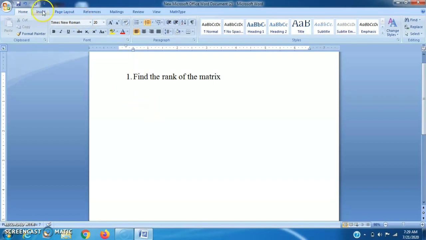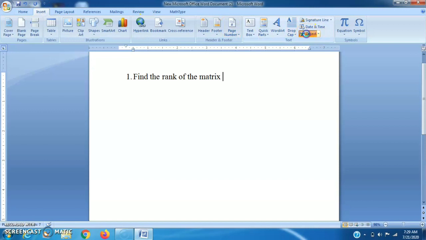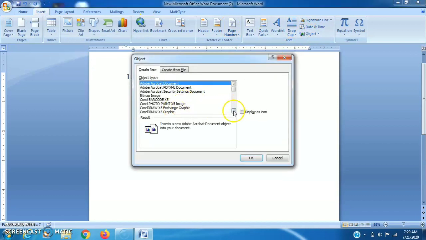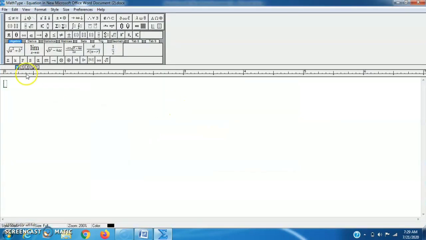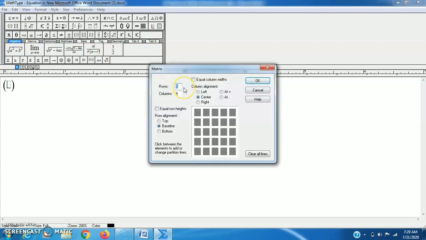Then just go to the insert option, go to object, click on MathType 6 Equation, and if you want to insert a matrix in this type of bracket, choose it. Suppose we want our specific matrix, we don't want 2 by 2 or 3 by 3. Suppose I need 4 by 4, then I can use it from here.